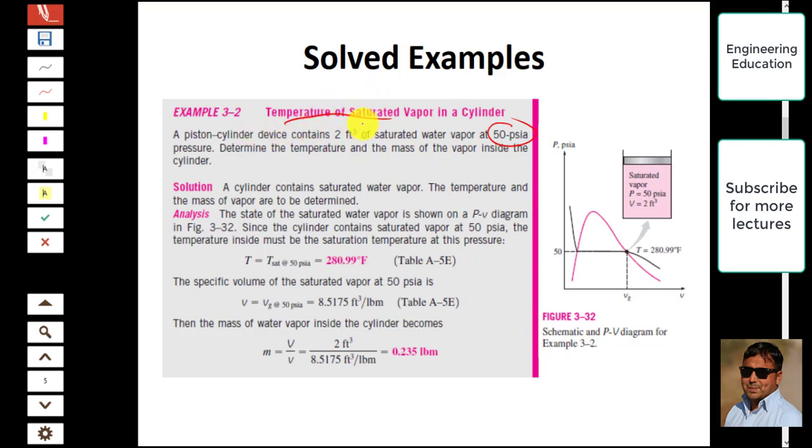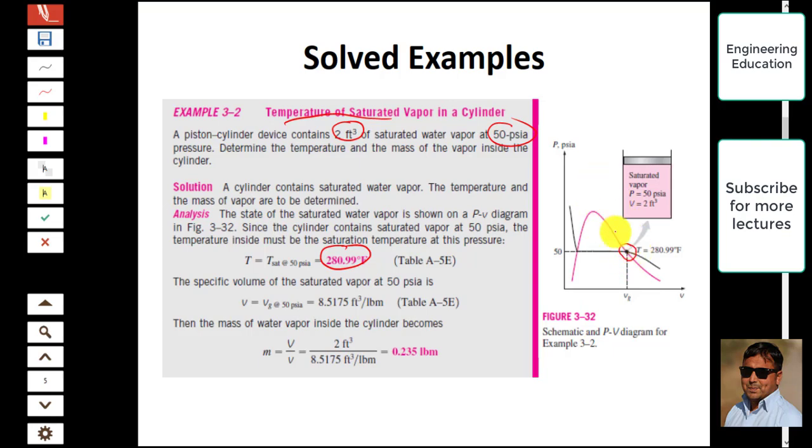So we are given the volume, that is 2 cubic feet, and the pressure, that is 50 psi. So going to table A5E, as discussed in lecture number 3, the temperature at 50 psi of the saturated vapor is 280.99 degrees Fahrenheit. If we draw the state of this saturated vapor,